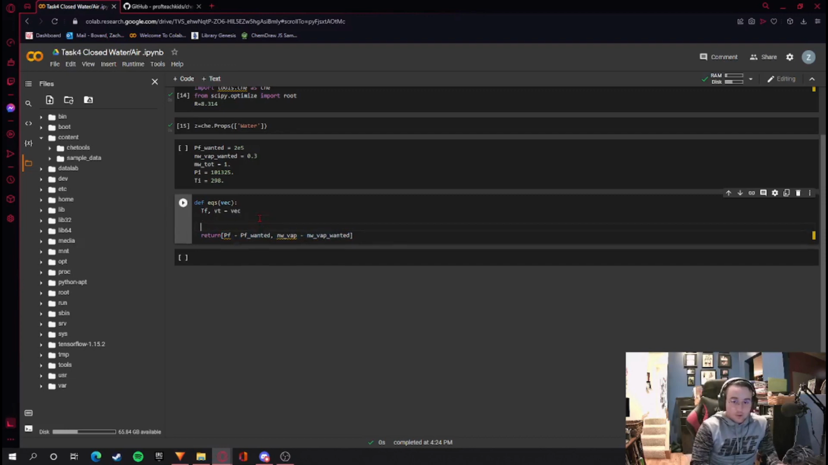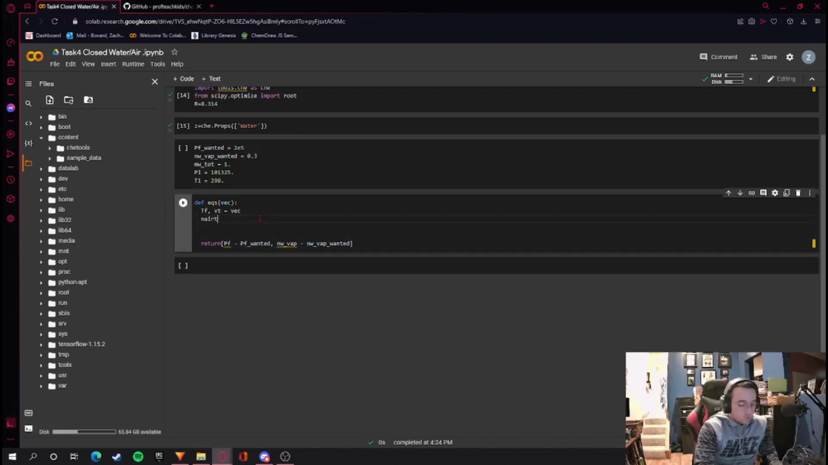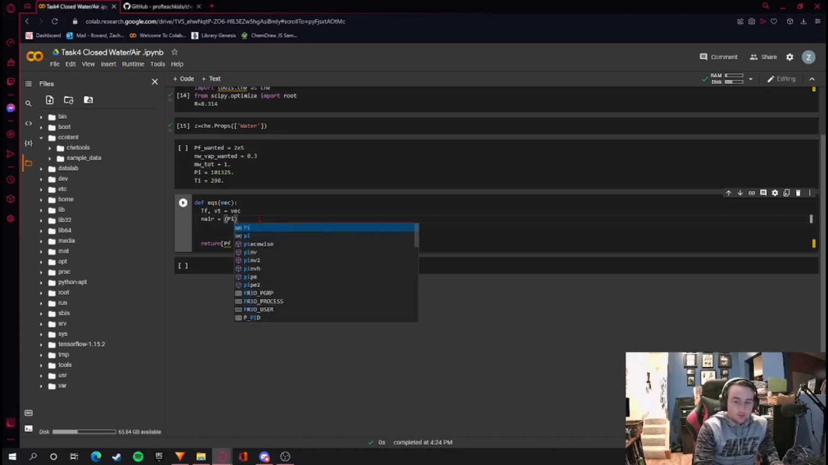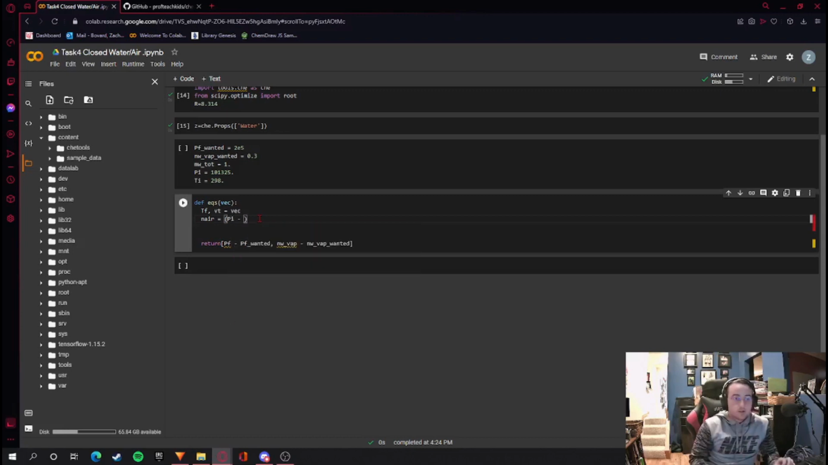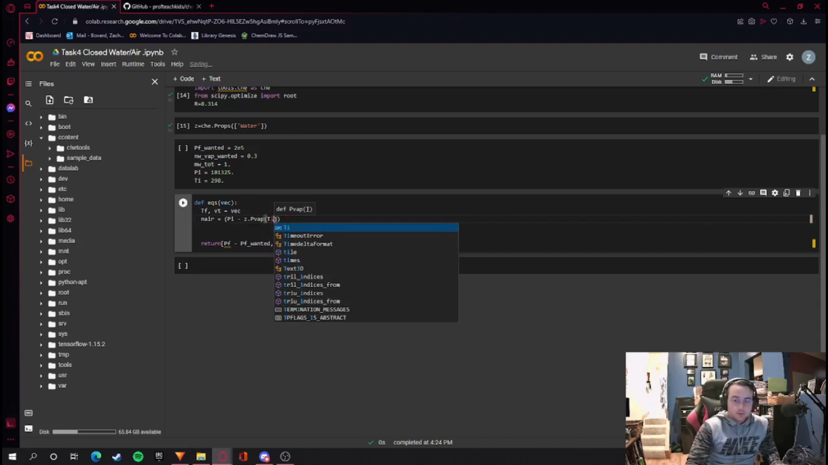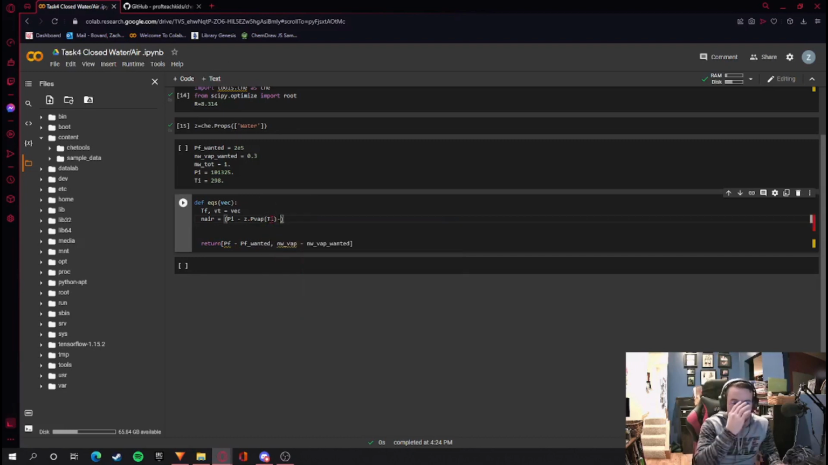So now we'll start with the moles of air, which is equal to the initial pressure minus the vapor pressure of the water at the initial temperature. So what we're going to do is use our object here, the Z, to use PVAP, which is the vapor pressure, with our temperature. And then that is minus